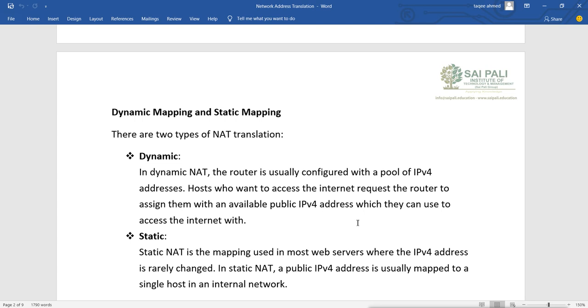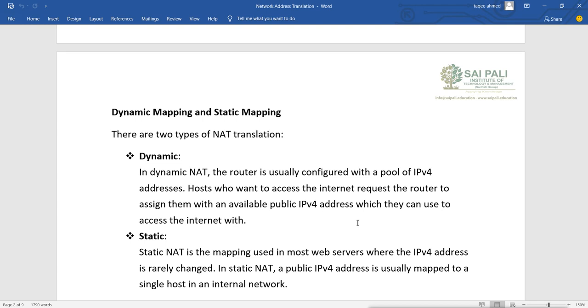Now this is not easy to configure, because if suppose you have 5,000 private IPs, then you are mapping them with 5,000 public IPs. That means it is very difficult to do, because you have to add at least 5,000 lines in your router. But it will do what? It will fix the IP. That means it will not change the IP, and it will work faster than the dynamic one, because every private IP will have a public IP and it will not change. It will remain fixed, static, and that is why it is also called static.